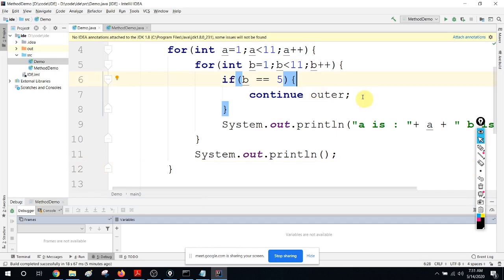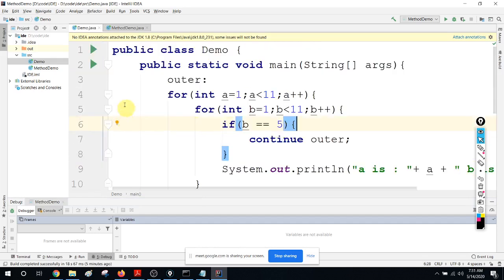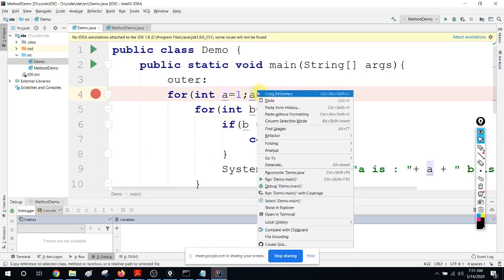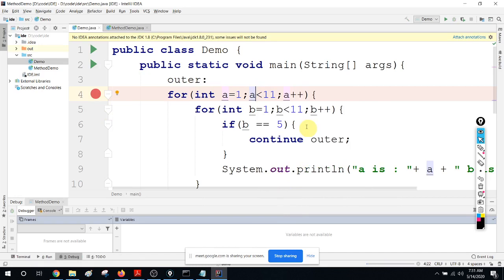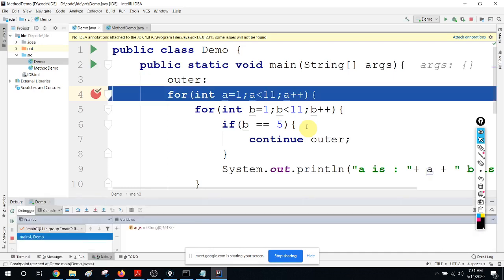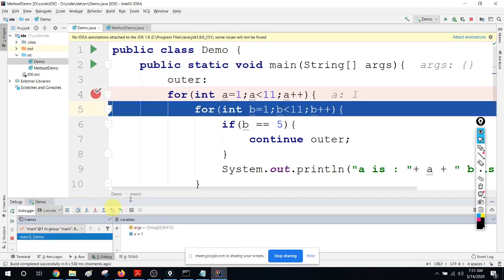So now you want to see what is happening. So now what you can do is you can have a breakpoint somewhere here and do the debugging. Now you can see whether it's going to the if condition, not going to the if condition, whether it's coming back to the beginning of the for loop. Now I'm going to keep doing some step over, right? So it came to the next one. Now A is 1. Obviously A is 1. Now I'm doing another step over.